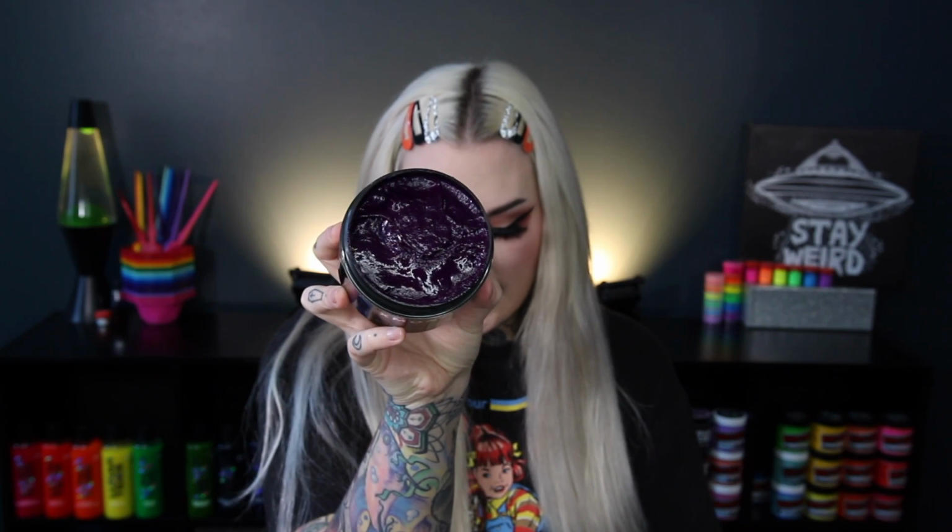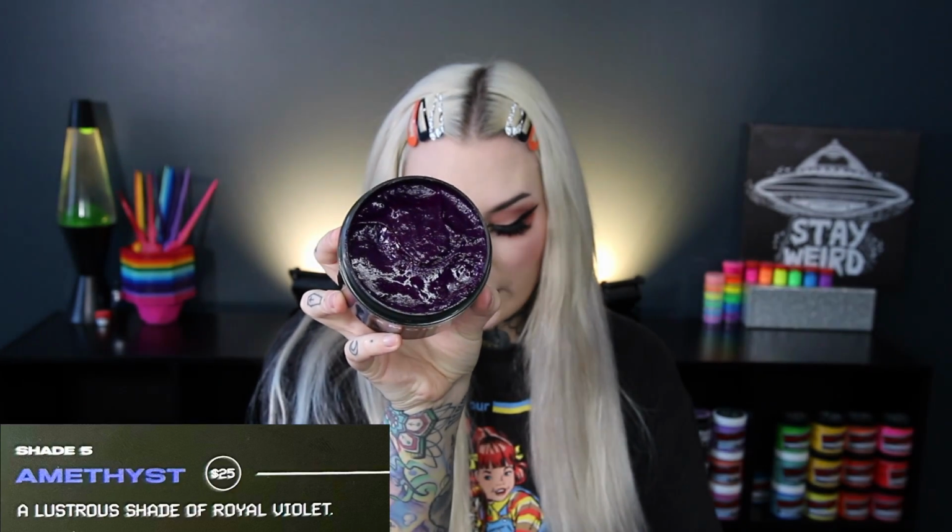The last color we have is Amethyst. This is super dark on camera, but it is described as a lustrous shade of royal violet, and it is so pretty. This definitely has pink undertones. I can see the pink clearly in the color, and if you guys did not know, purples with pink undertones, almost borderline a purple pink, are my favorite purples. When I do rainbow hair or purple hair in general, I lean towards purples that have that pinky undertone, and this color is